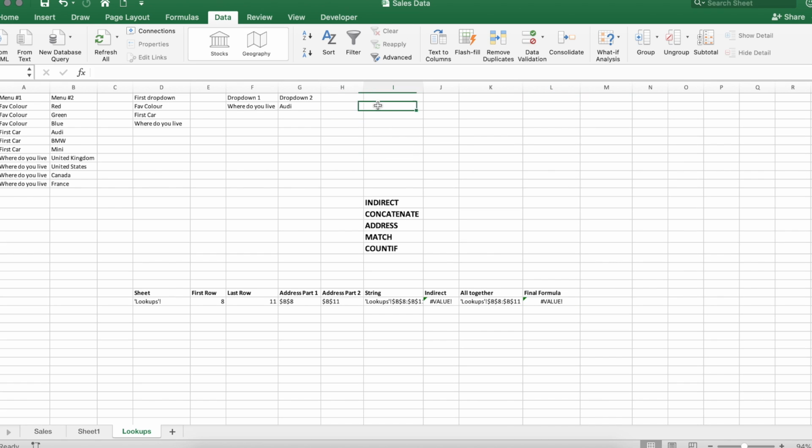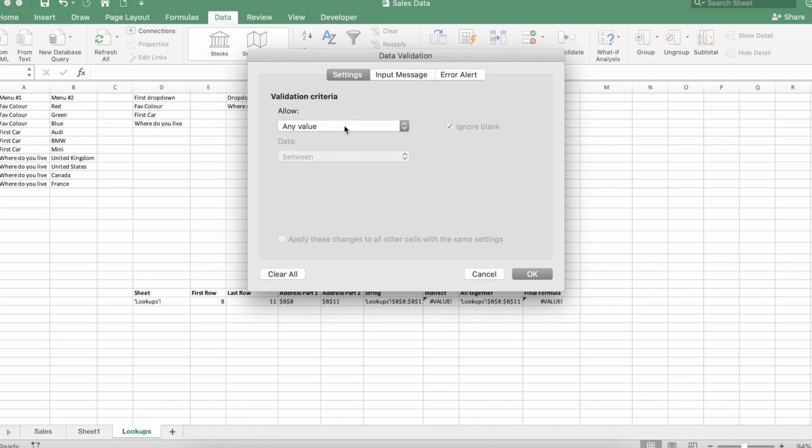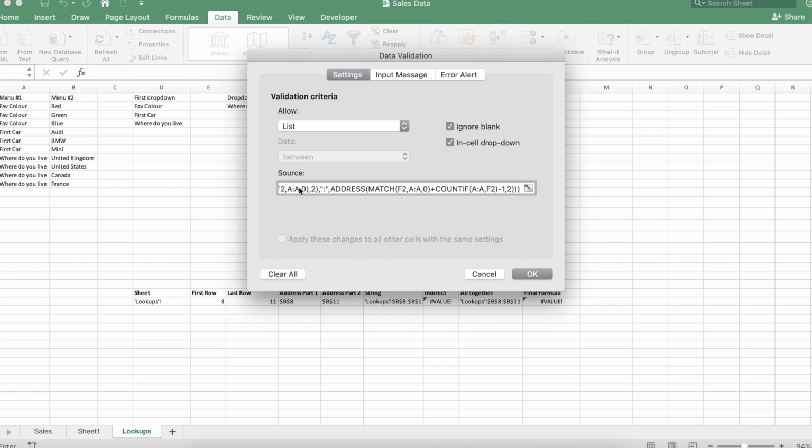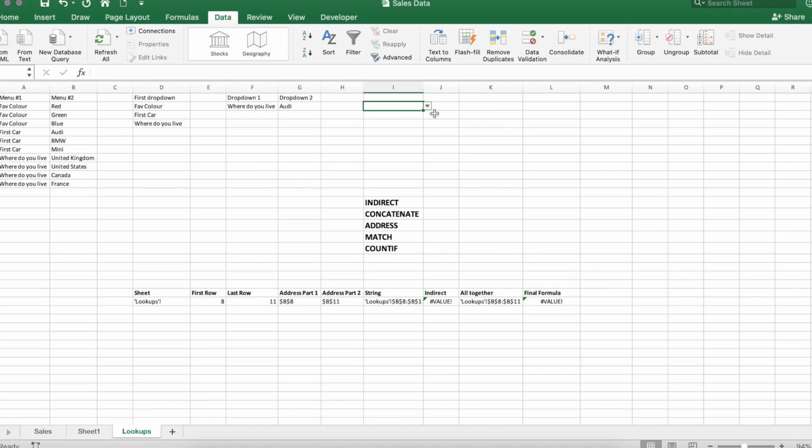Now we can come in here, go to our data verification, which is in the data tab. We want to create a list, and then paste in the formula. It's quite long, but just click OK, and now we have a drop-down menu